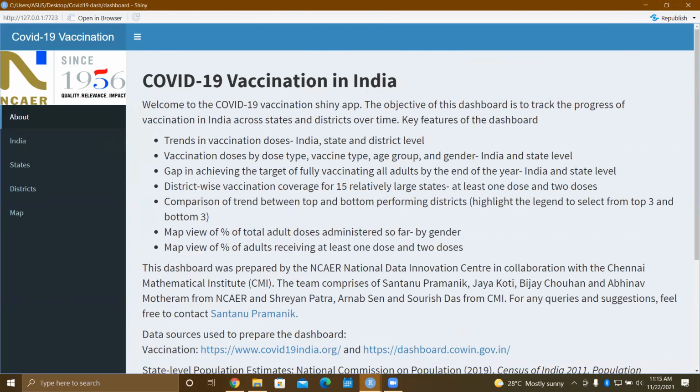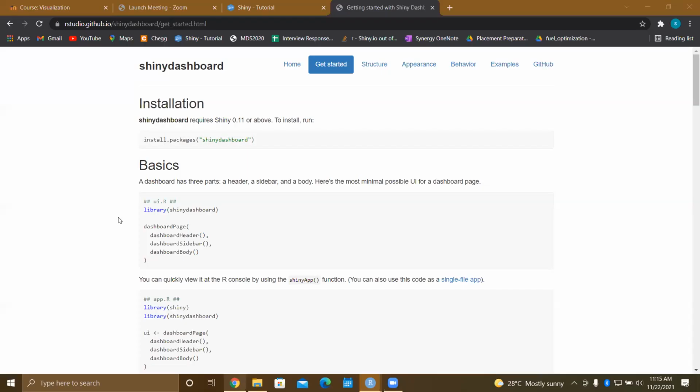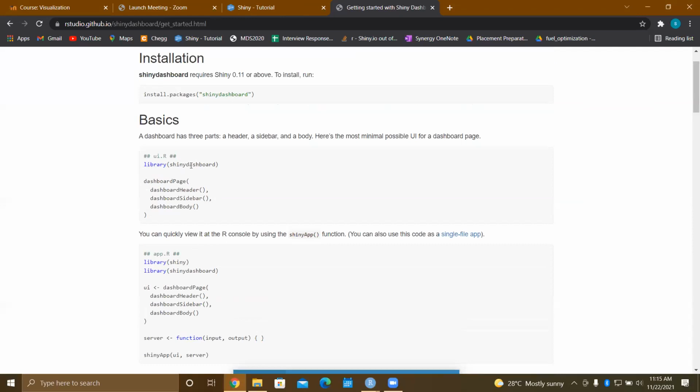The syntax is very intuitive. You just need library(shinydashboard). You can just install it. Inside the dashboard page function, you just write dashboard header, dashboard sidebar, dashboard body.